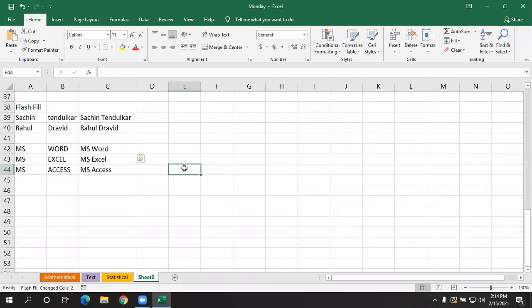Previously, I think in a second session or a third session, I had given an example of email ID. If you just type the name of one person and if you press enter, it was showing the name along with the email ID. And then again, you just entered the name. It was showing for all other employees. That time I had told you there is a feature called as flash fill. Because of that, it is filling for other records. Okay, the same feature is this option, that is flash fill.